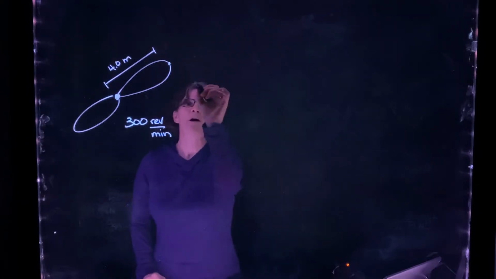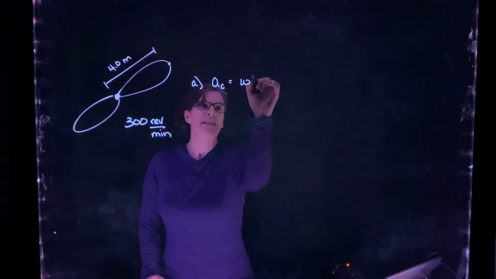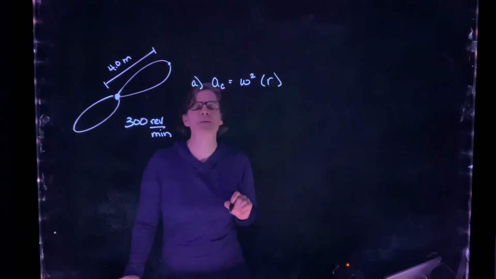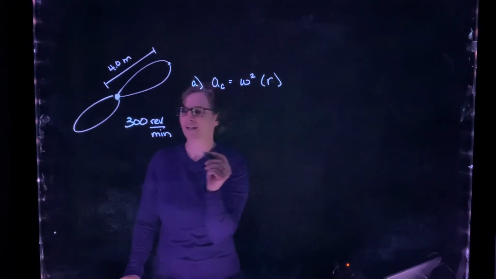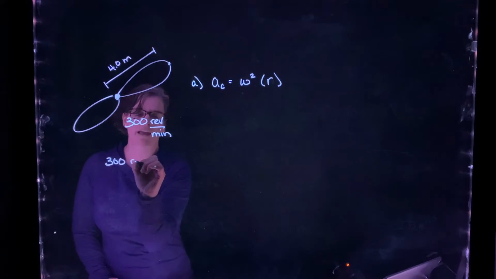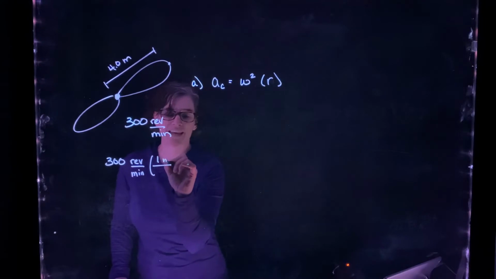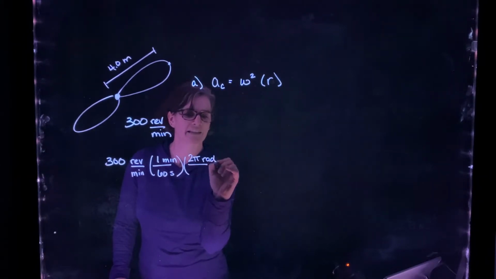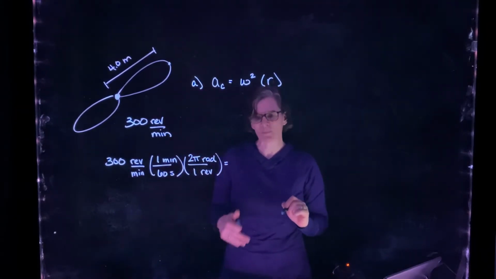All right, so part A is asking us for that centripetal acceleration, which is equal to the angular speed squared times the radius. We want to remember that angular speed has to be in radians per second. So we're going to convert our revolutions per minute to radians per second. So we have 300 revolutions per minute. I know that in 1 minute there are 60 seconds, and there are 2 pi radians for 1 revolution. So my 300 revolutions per minute turns into